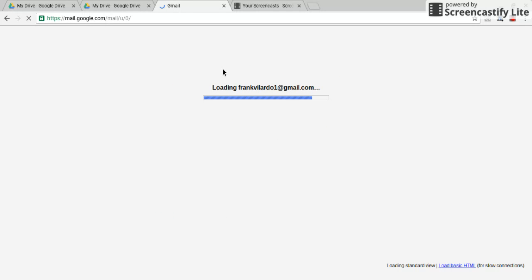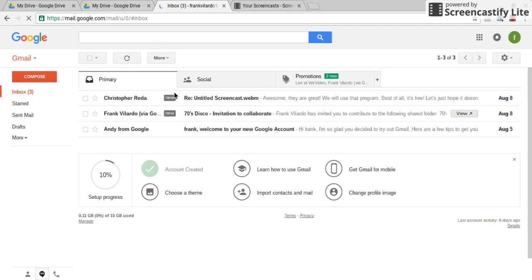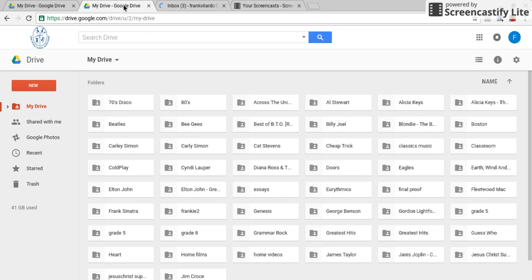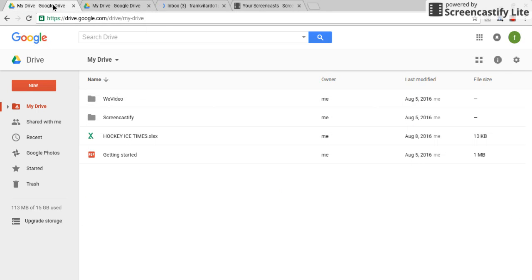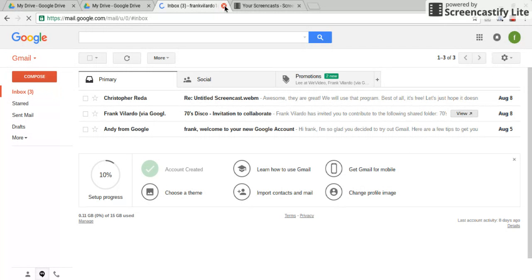So if I click on Gmail, I now have this tab going directly to my Gmail account. And you'll notice that it just takes a few seconds for the Gmail account to load, and there it is right there. This is the interior of my Gmail account right now. So this is my K-12 account, and this is the account that I'm going to be using for this particular demonstration with you guys. So I'm going to close my Gmail account,